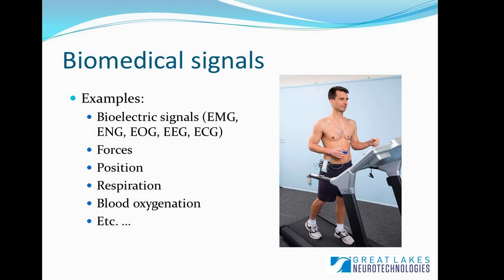Some common examples of biomedical signals include bioelectric signals, such as electromyogram, or EMG, measuring activity of muscles, electroneurogram, or ENG, which measures activity in nerves, electrooculography, sorry, it's a tongue twister, measuring the dipole moment of the eye to determine eye position, electroencephalography, or EEG, which is used to measure brain activity, and ECG, or electrocardiogram, which can be used to measure activity of the